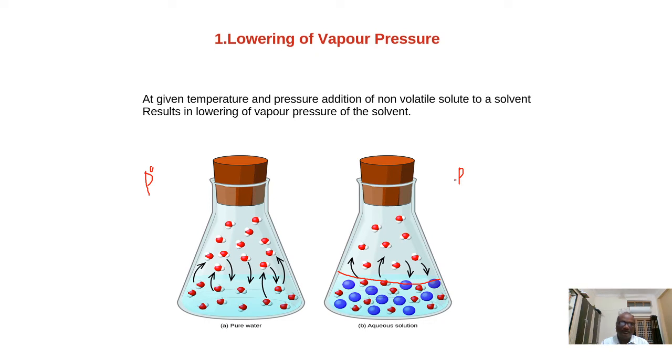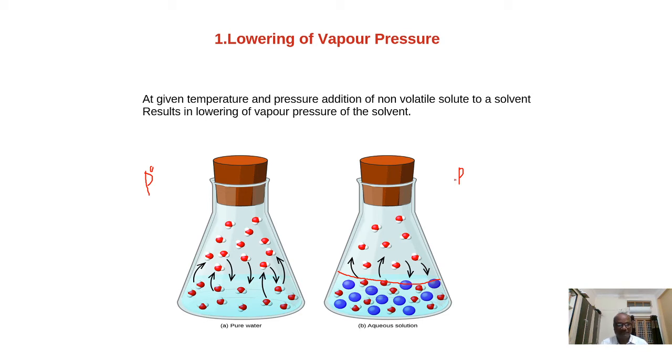So lowering of vapor pressure is directly proportional to, we say, concentration. So take a 1 m concentration of a solution, and the same solution at 0.1 m. In 1 m concentration, we see more lowering of vapor pressure, because the number of solute particles is more. That's why we say the lowering of vapor pressure is a